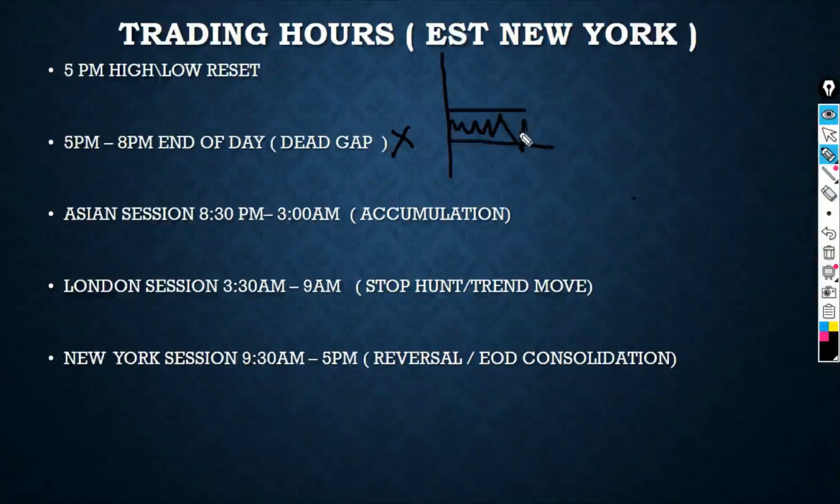For the Asian session, the range is to be less than 50 pips. As we enter into the London session, we'll see a stop hunt creating the low of the day inside the London session. Sometimes